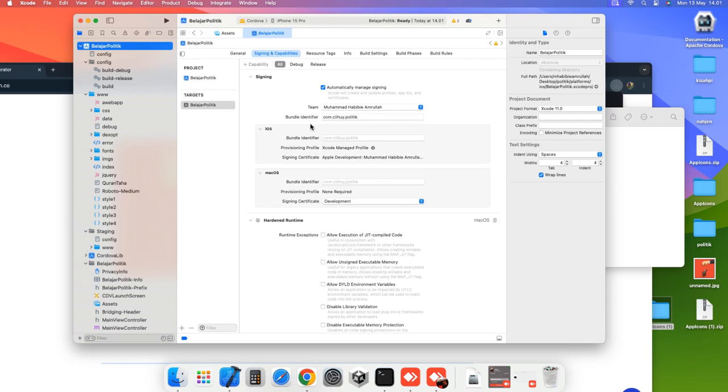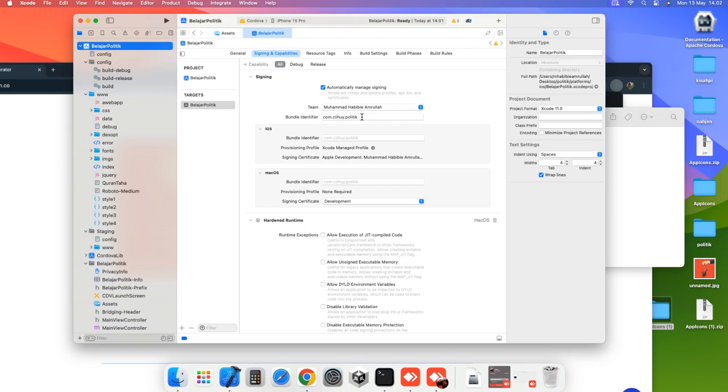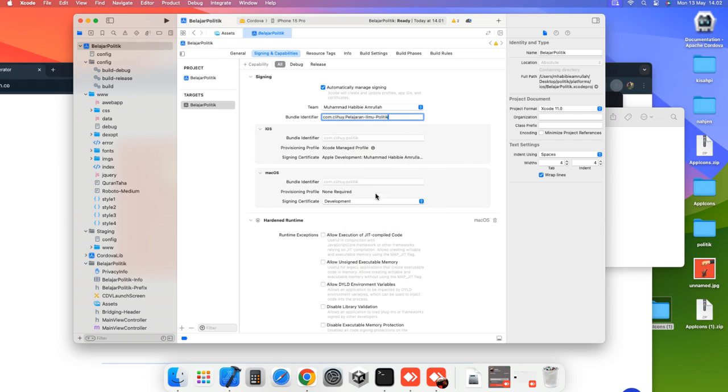This is just an example, but I have another bundle identifier that I have to put here. Hang on. Okay, this is my bundle identifier. Just pasting it here and press enter.